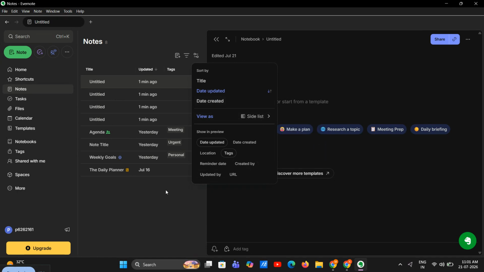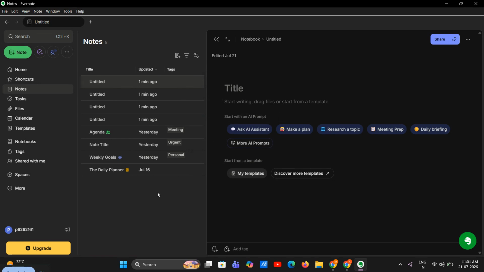Now let's talk about the different ways you can select notes. If the notes you want to delete are right next to each other, click the first note in the list, then hold Shift and click the last note in the range. Evernote will highlight everything in between, which is perfect when you want to remove a whole group of related notes